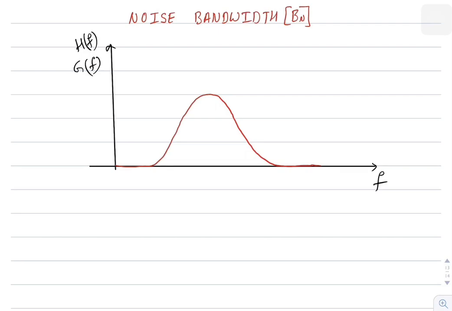Let us suppose this is the first stage of your receiver, which is a low noise amplifier. So what is the work of the amplifier? Whatever the signal which is grabbed by the antenna, the amplifier has to amplify it. If the dotted line represents a 3 dB point, then I can say this is the lower cutoff frequency and this is the upper cutoff frequency of the filter.